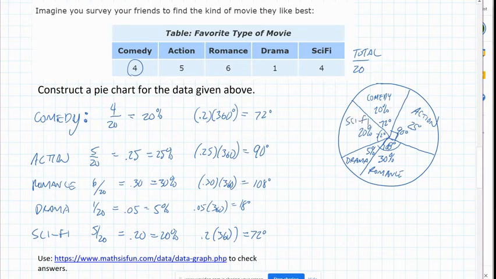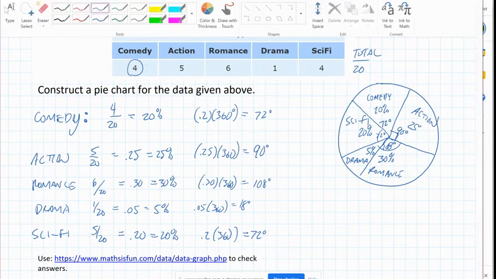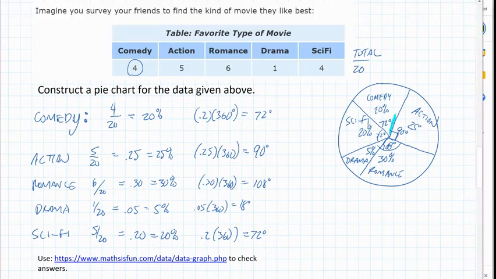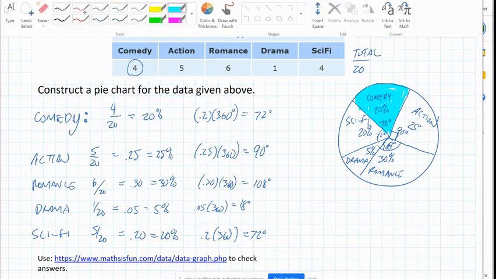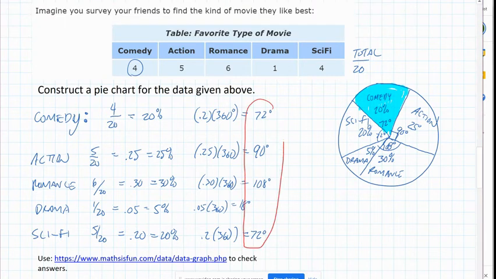sci-fi. And so you can, of course, make your pie chart look nice and neat with shading in different colors. For example, I could say I'm going to shade this in blue and so on. So you can dress it up however you choose. Now, if you wanted to get more accurate angles there, these numbers are all correct and exact, but when I drew it, I was just estimating about how big 72